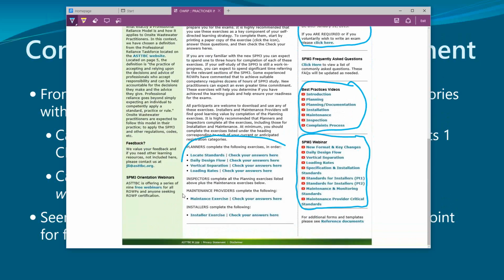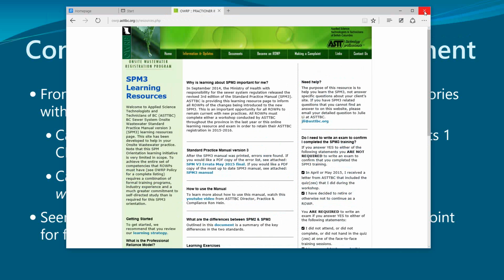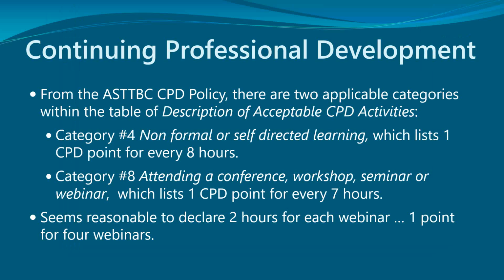Here are the learning exercises that I did. They're basically practice quizzes. The answer sheets that accompany them, in some cases at least, have some notes explaining how you come up with the right answer. So that'll be crucial to you if you are needing to write the exam, and even if you're not. Helpful learning, I hope. So that is our learning resources page. Probably enough said for now on that.